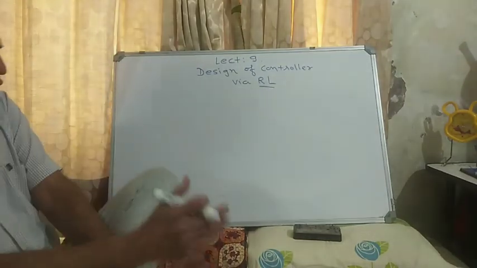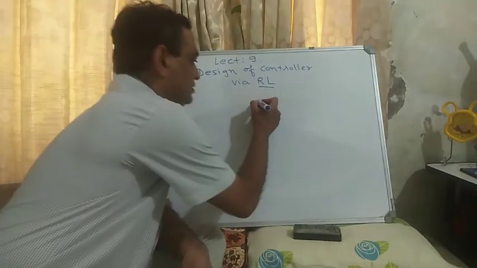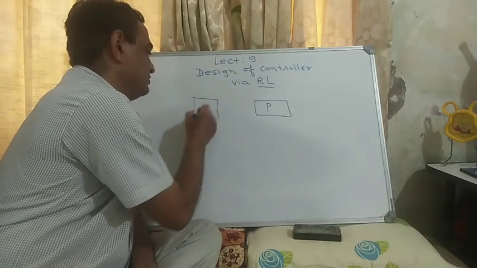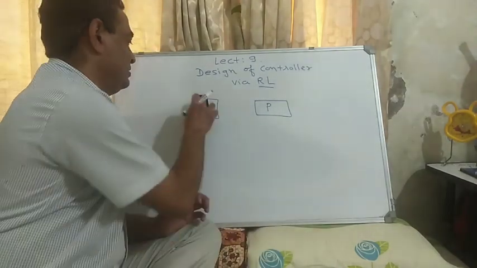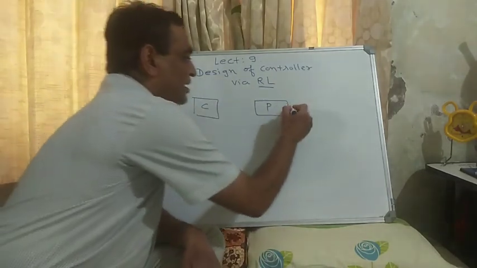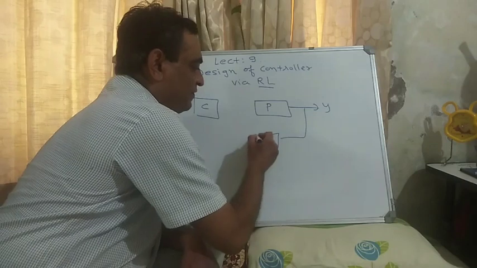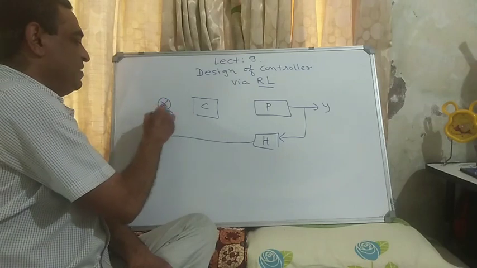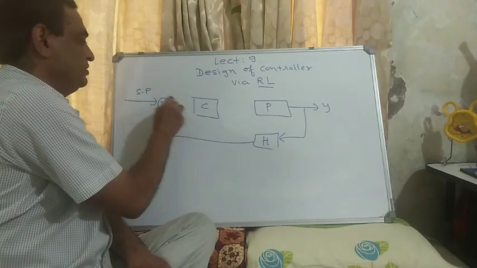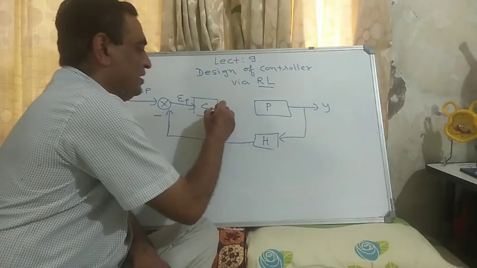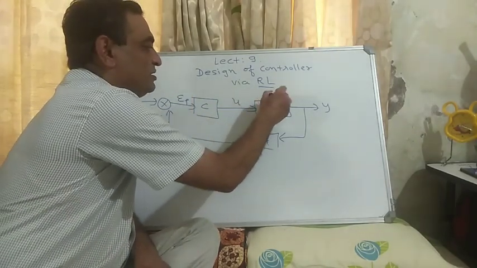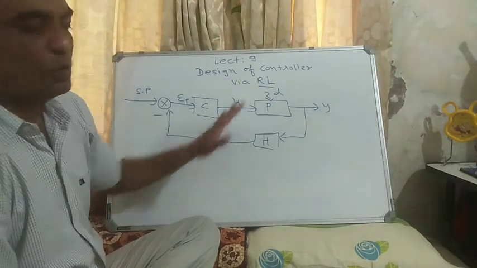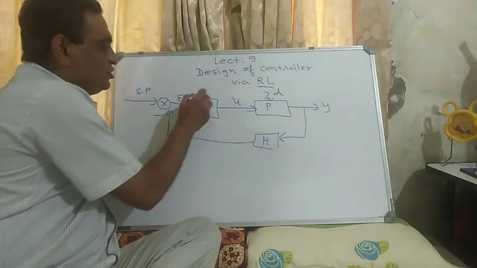If we look into our closed loop control system, then there is a process and there is a controller here. You can say the controller C, and this is the output of the process, and via feedback, this is the summing point. The feedback is negative and this is the set point. This is the error E, and this is the controller output U, and the process is disturbed by a disturbance. This is the feedback control system, or a closed loop control system. Now we need to design C.